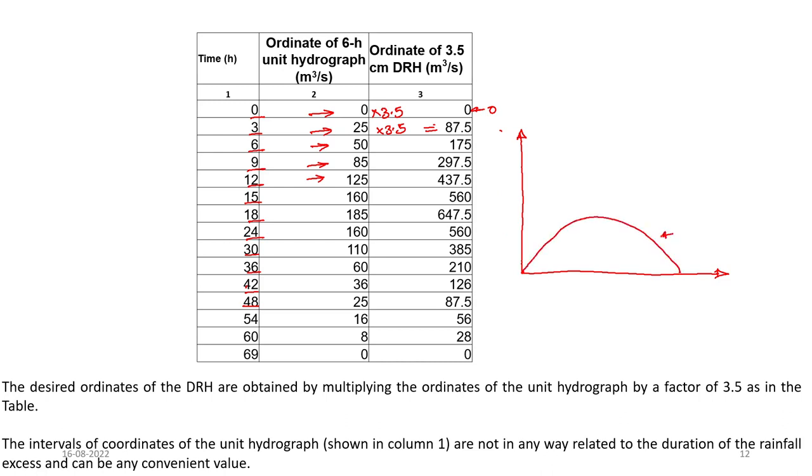This is for 1 centimeter DRH or UH. Now we just multiplied the same with the, sorry, okay, this is 3.5 centimeter DRH. Okay, suppose if you look at the QP,